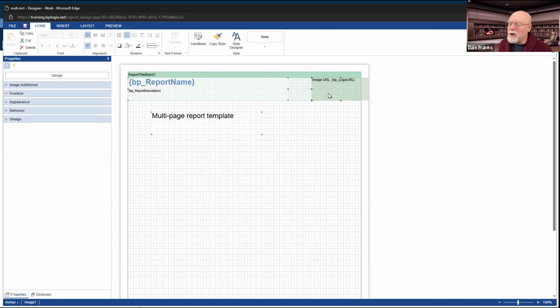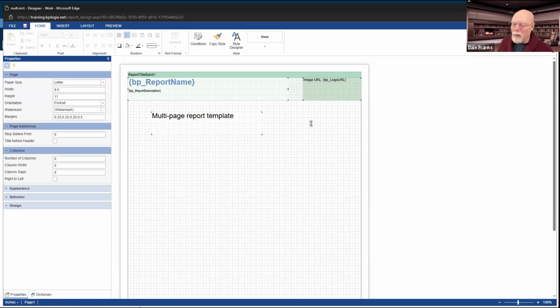All right, this image URL, I'm going to click on it. And when I do, notice that it becomes bounded by these sizing handles. There are 3 others over here at the very end on the right-hand side. We can't see them. Now, what I'm going to do is just move this back over here so that it is now aligned with the edge. Now, one of the nice things about this, the reason that it has these grids on it, is that everything snaps to the grid.